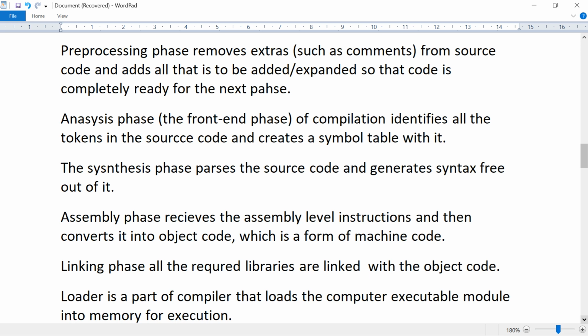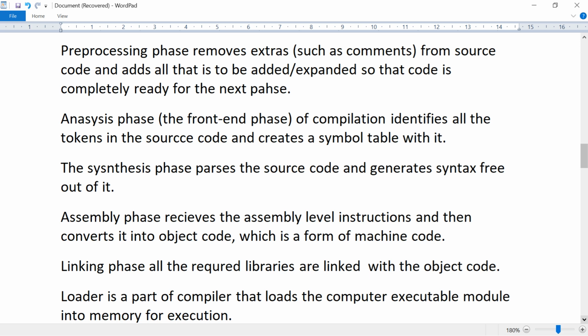The analysis phase is called the front end phase of compilation. The second phase is the synthesis phase, the back end phase. The back end phase of the compiler parses the code and generates a syntax tree, analyzing the syntax of the source code. These are the two phases of the compilation phase.